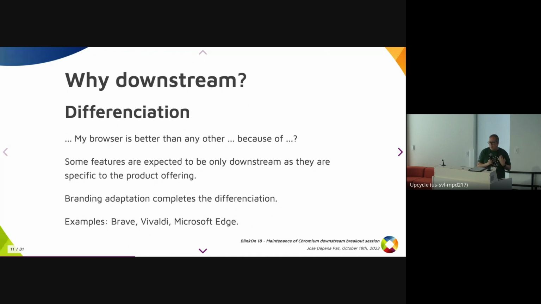Then there's another one that is more product-like thing, it's about differentiation. Like, okay, I want my browser to be better than any other because we have this feature or whatever. So some features are expected to be downstream because these people doing differentiation want to be their own thing. There's also the part about branding adaptation because this product needs to have its own recognizable brand and even integrate properly with other components of the platform. We have examples like Brave, Vivaldi, Microsoft Edge, different features, different browsers, they are different, and there's the need